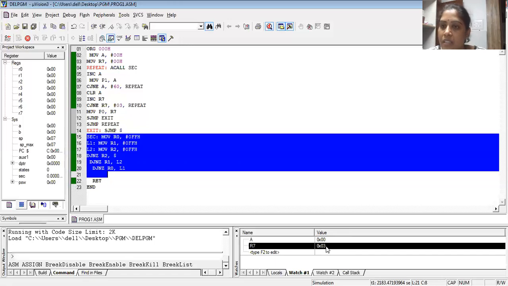Now, in the next video, I'll take up one more example for the call and return instruction and explain the next program with that. This program demonstrates how exactly we can use the call and return instruction to deviate from the main program to the sub program and return from the sub program to the main program. As an example, we have used a simple stopwatch program designed for 3 minutes. Okay, so this completes your program. In the next video, we'll come across another example.